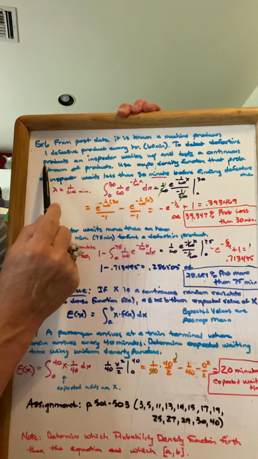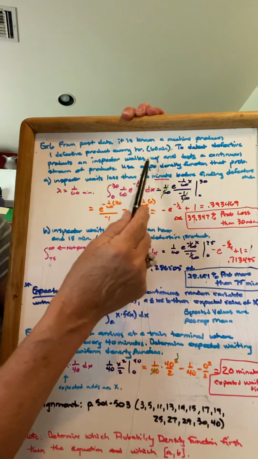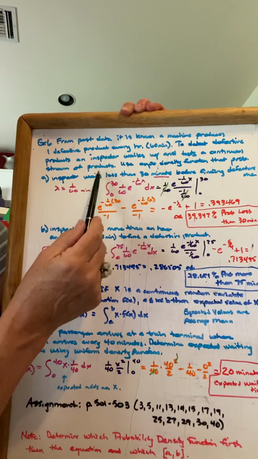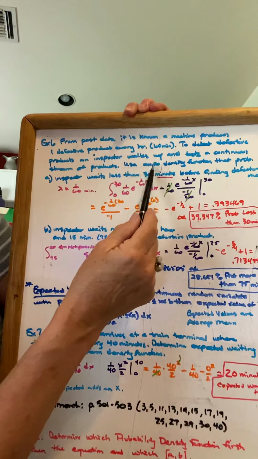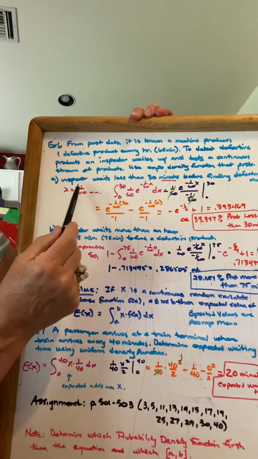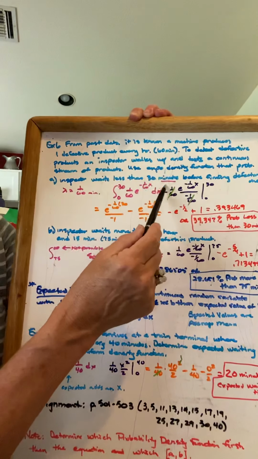To detect a defective part, an inspector walks up and tests a continuous stream of products. He uses the exponential density function. What is the probability that A, the inspector waits less than 30 minutes